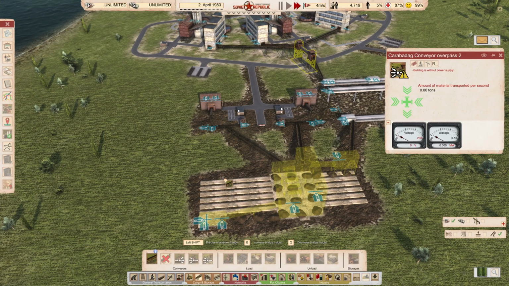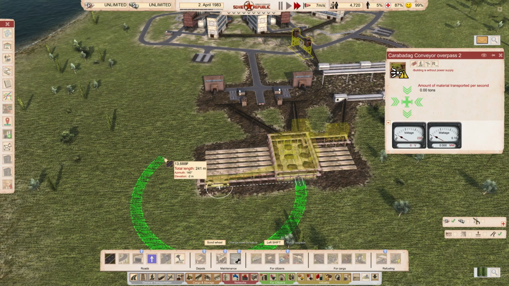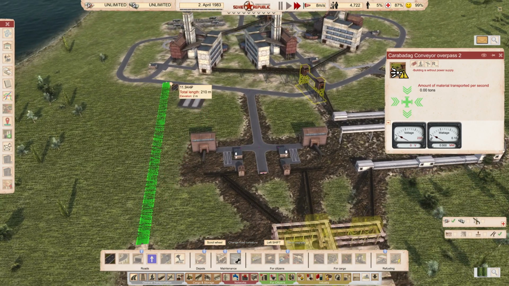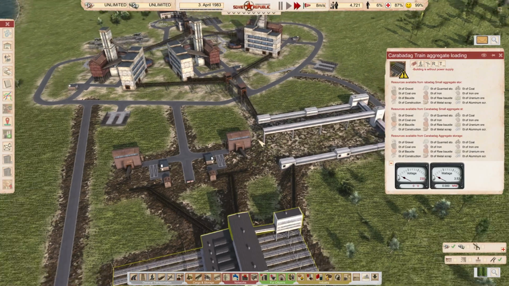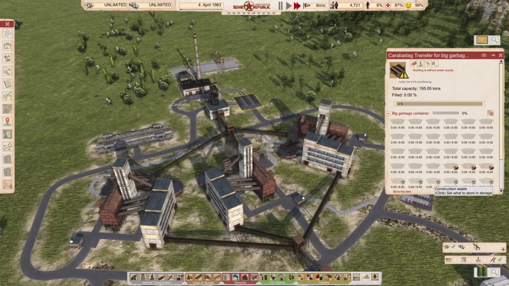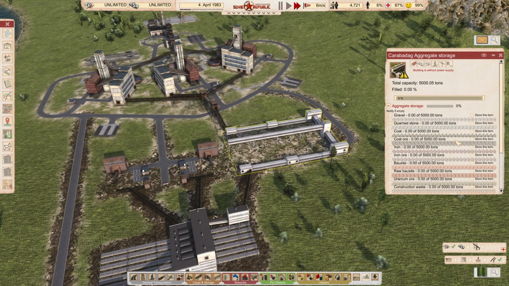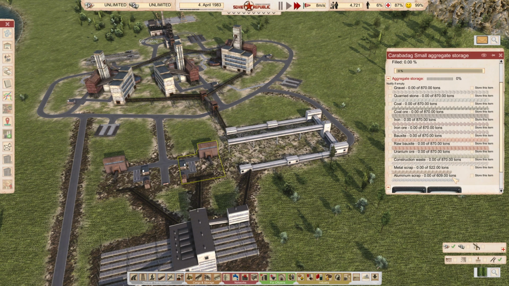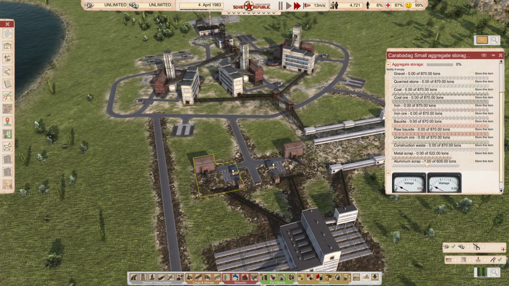That connects to this storage. And also for safety reasons, namely fire safety reasons, we're also going to connect the train station here. The last things that we're gonna need to do is to set the storages. Let's make sure that this one only stores iron, this one only stores metal scrap, and this one only stores